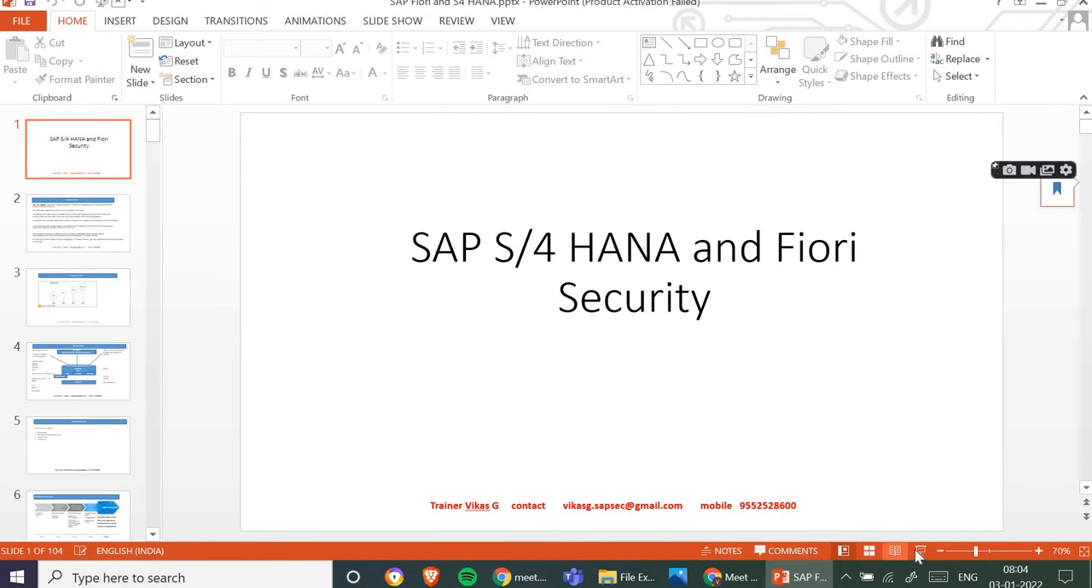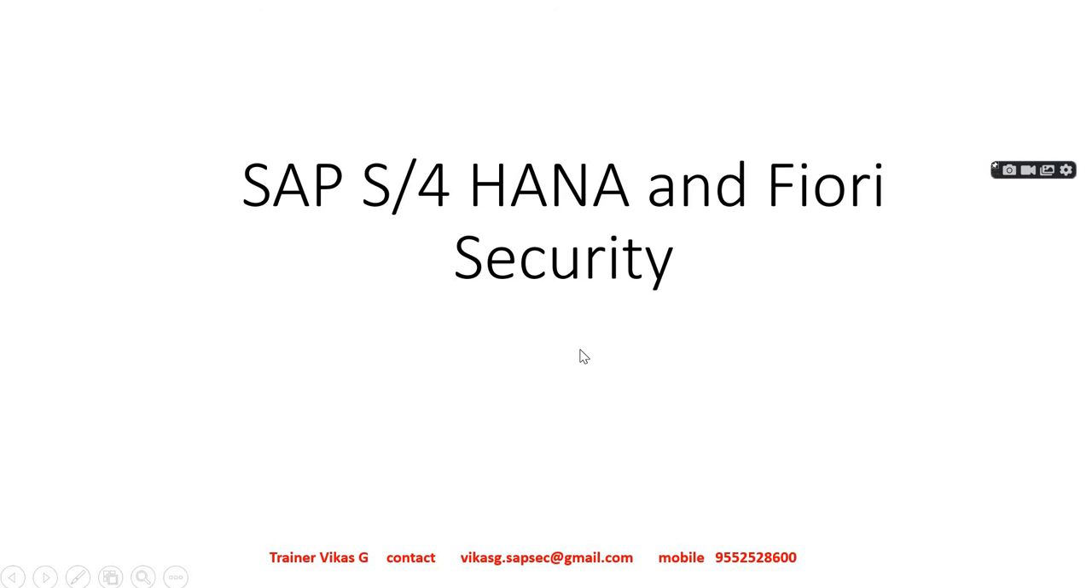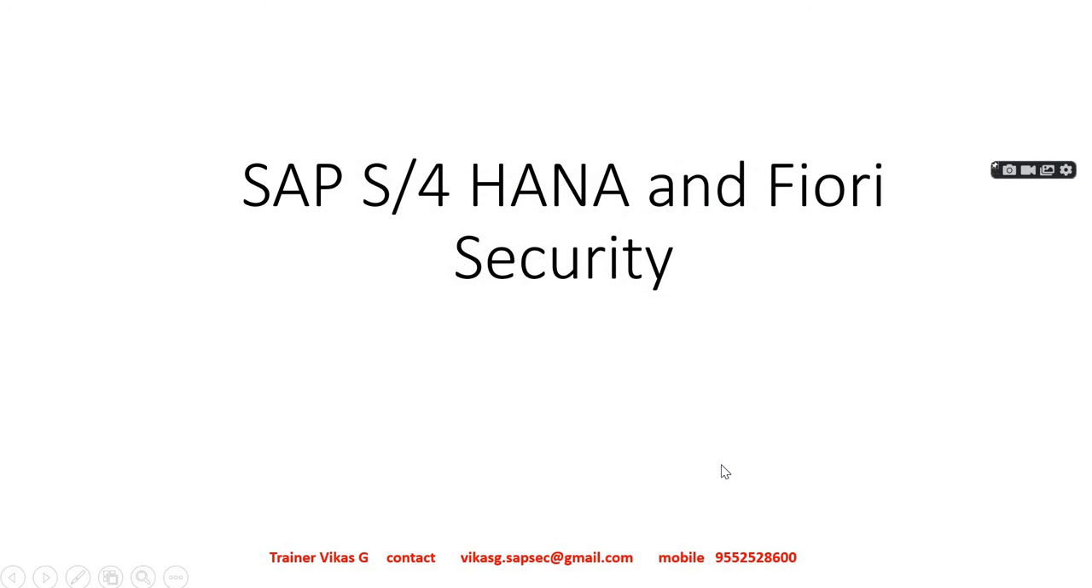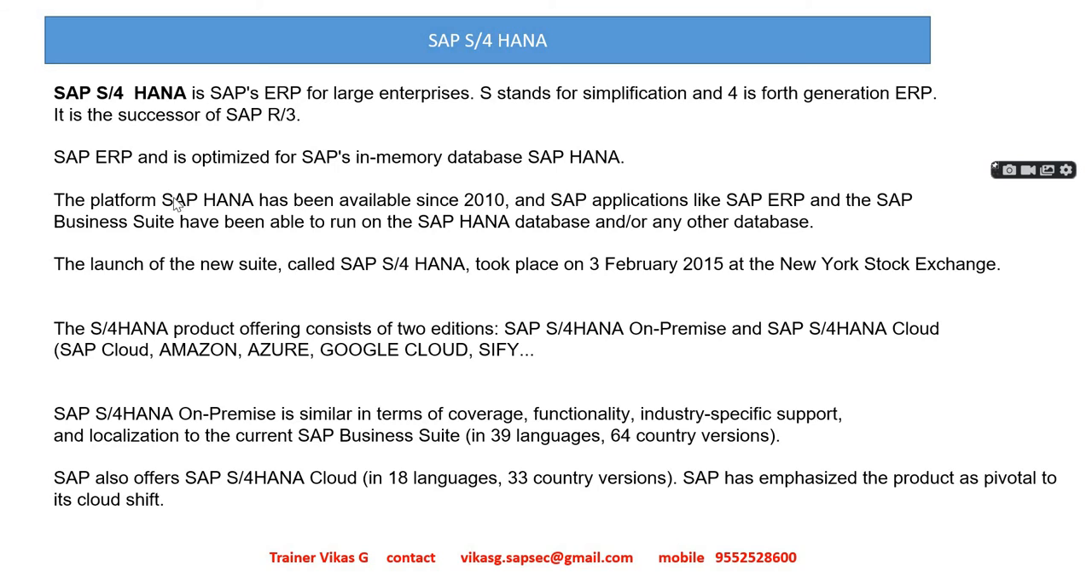Okay, so yesterday in the first class we talked about some basic stuff, like what is S4 HANA and Fiori Security, and what changes we have compared to ECC. And then we talked about the meaning of S4 HANA: S means simplification of the ECC server which we had in the previous version, and